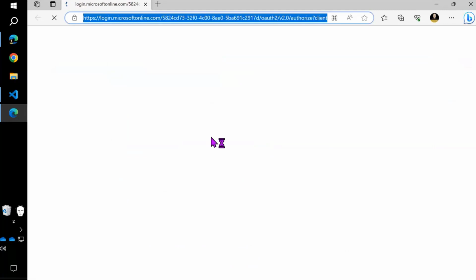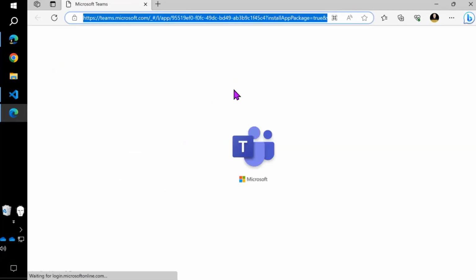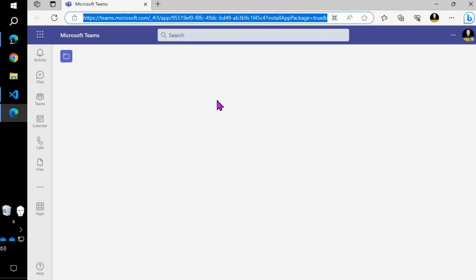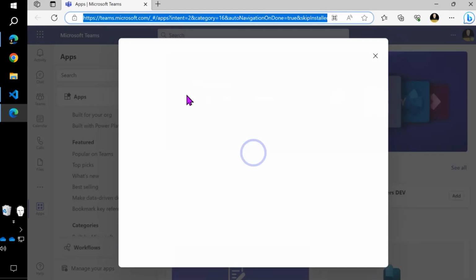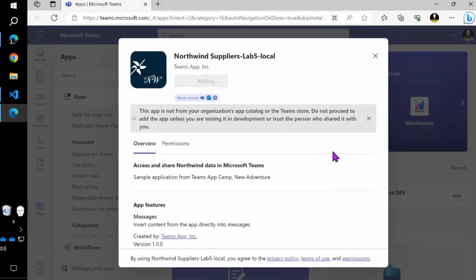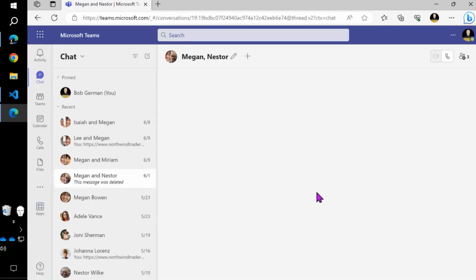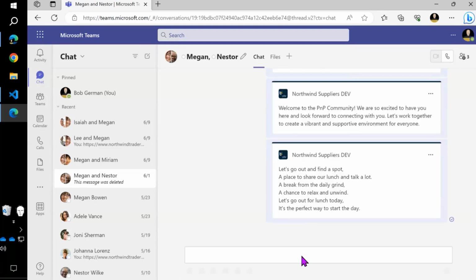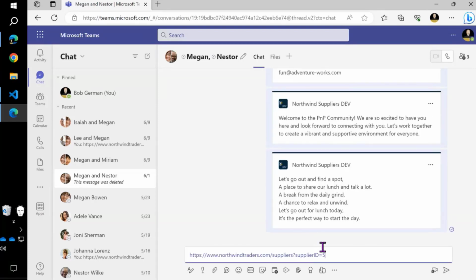My computer's chugging along here. And this is what it looks like when you deploy it into Teams. And then once that's running, we'll see if we can get that link unfurling to work. So again, the idea here is that users may not know about your app, but they probably know that there's some way for an app in general to have a URL. And I just want to send that URL to my friend, right? So when I paste it in, it should work this time.